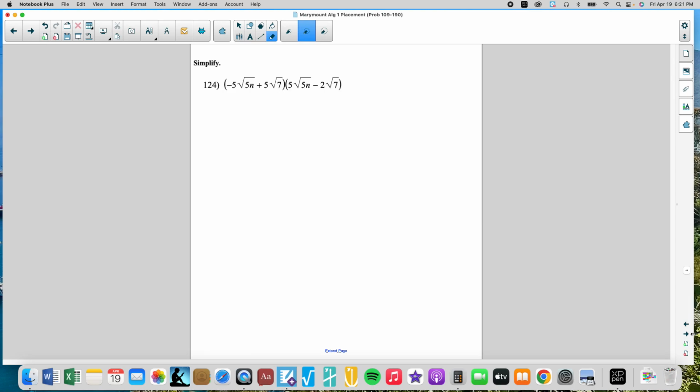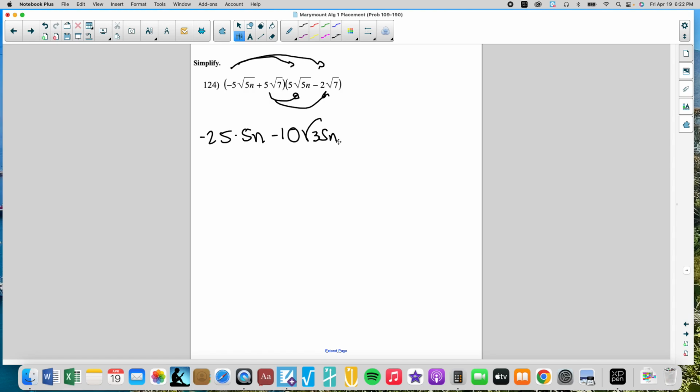So sorry, we are going to distribute, double distribute, double distribute, double distribute. So let's just do it. Negative 5 times 5 is negative 25. Rad 5n times rad 5n is going to be just 5n. That comes out. Now we'll do the next, that's negative 10. And rad 5 times rad 7 is going to just give us rad 35n. Nothing comes out. You have this second distribution, that's 25